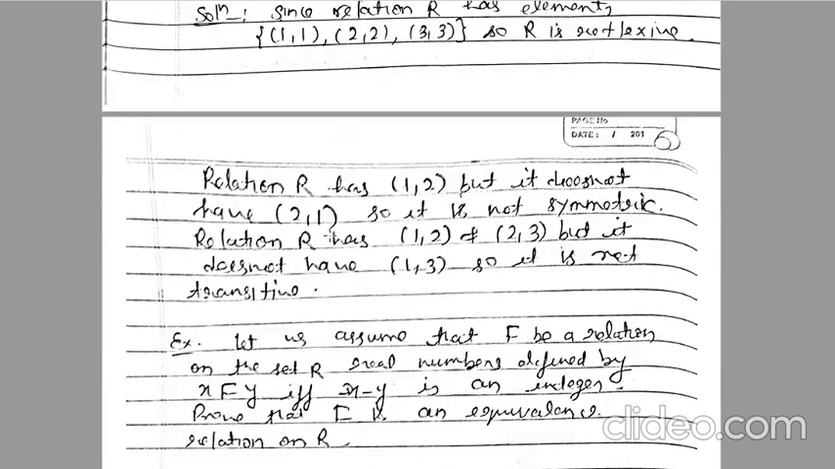Relation R has (1,2), but it does not have (2,1). That means 1 is related to 2, but 2 related to 1 is not given in the relation. So it is not symmetric. Now